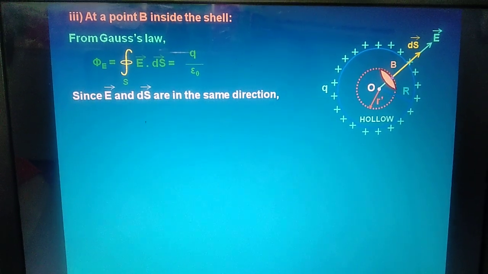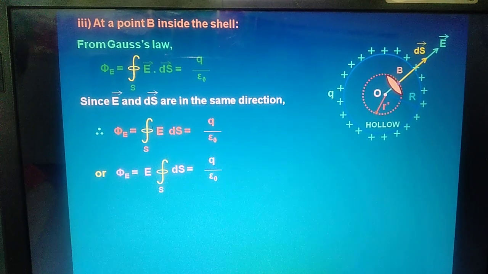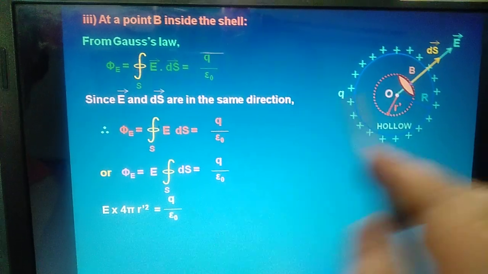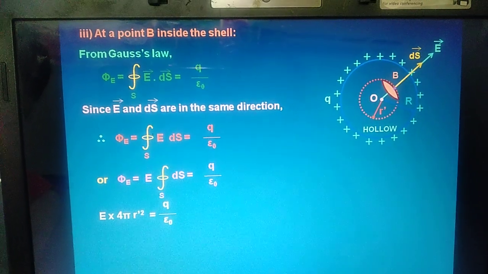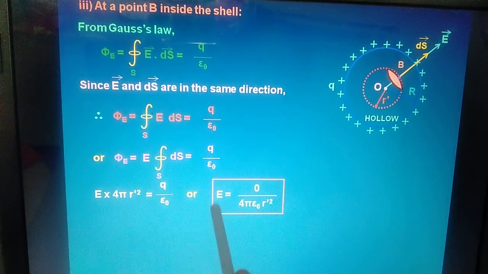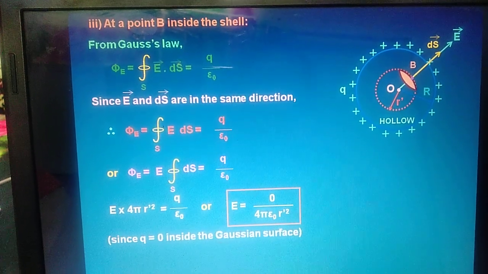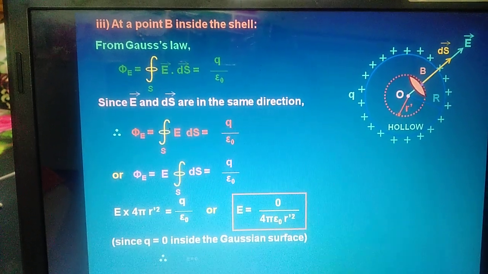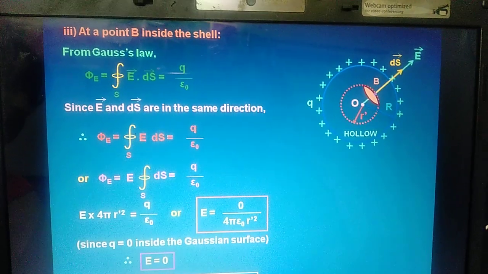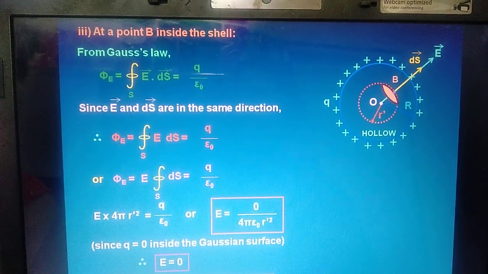See the derivation. E and ds are in the same direction. Therefore, as in the previous case, E times the surface integral of ds, where ds is 4 pi r dash square. Q is taken as 0, therefore E is equal to 0. Since Q is 0 inside the Gaussian surface, E is 0. This property, that E is equal to 0 inside a cavity,